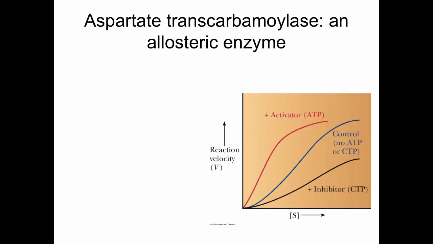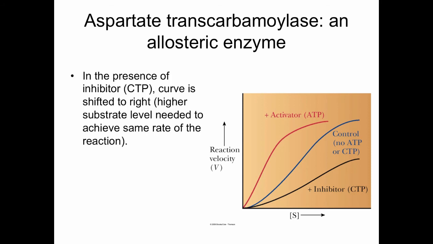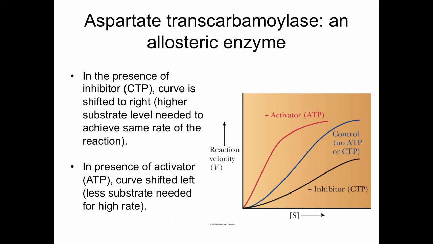Let's look at the initial velocity curve of ATCase in the presence of CTP or ATP. In the presence of inhibitor, CTP, the curve is shifted to the right, so higher substrate levels are needed to achieve the same rate of the reaction. In the presence of activator, or ATP, the curve is shifted to the left, so less substrate is needed to